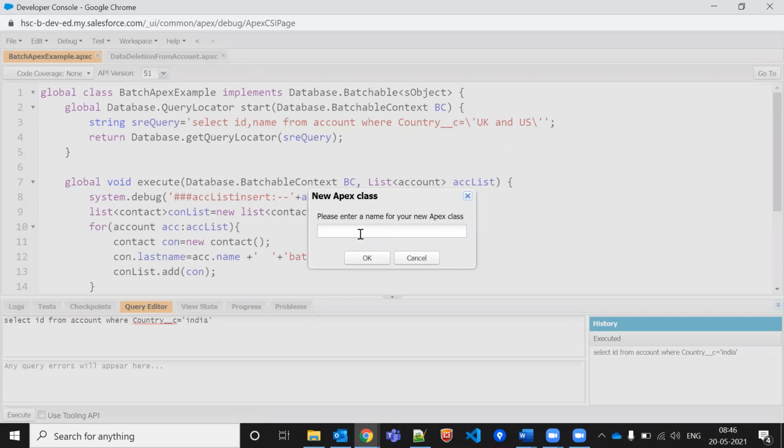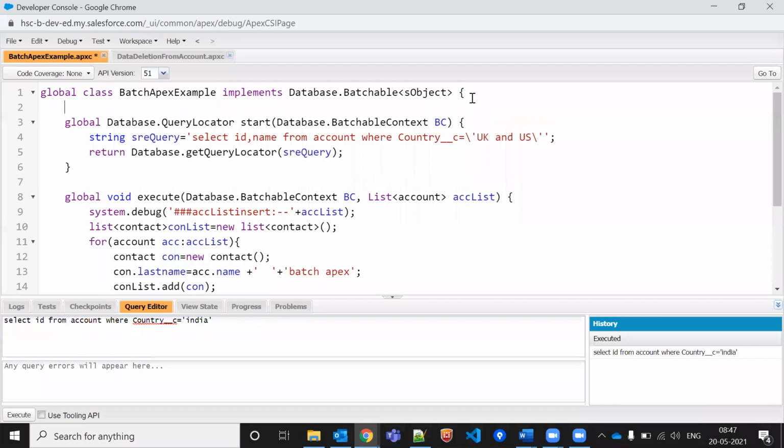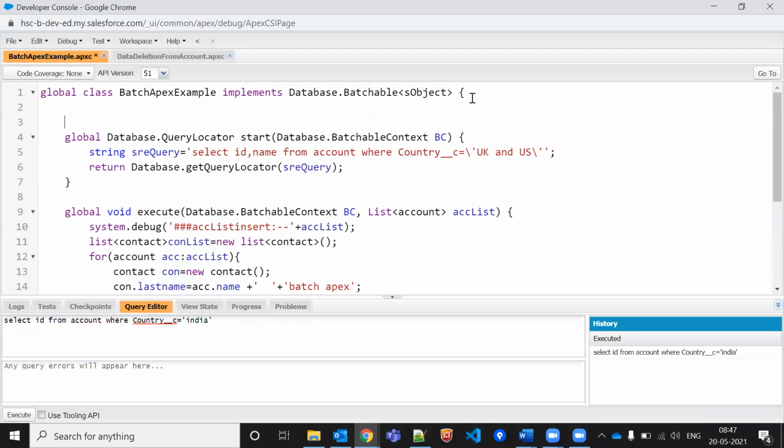So let me just create a first Apex class. What I'm thinking here. So let me do one thing. Let me just create the Apex class. Let's call this batch Apex in Visualforce page. Okay, we can call the